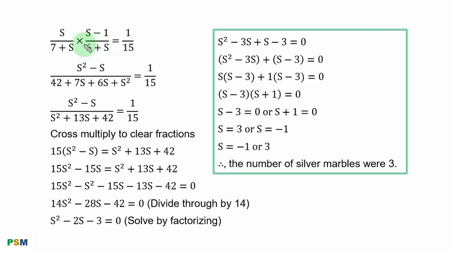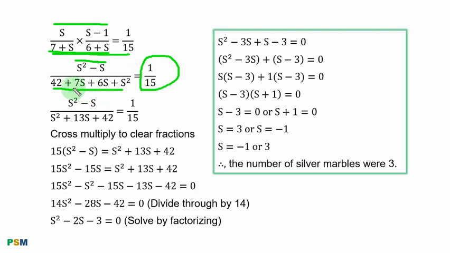We already have this part earlier. What next is to multiply. If you multiply the numerator, you have S squared minus S. Multiply the denominators, you have this result equal to